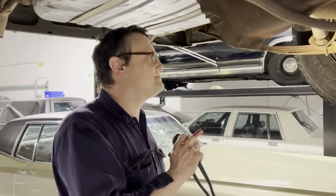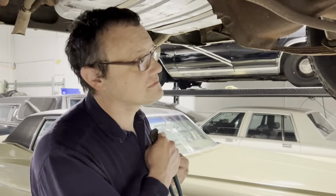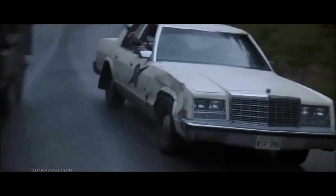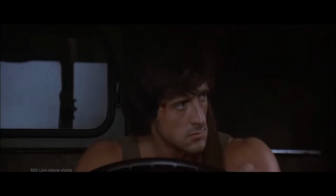This car was on the West Coast and had plenty of opportunities to be cast in a film. In fact, somebody brought up Rambo First Blood because that movie was set in Oregon and there were 79 Newports, I guess, that might have been featured in the movie. Well, and I think I told you this before, that's what got me interested in police cars when I was